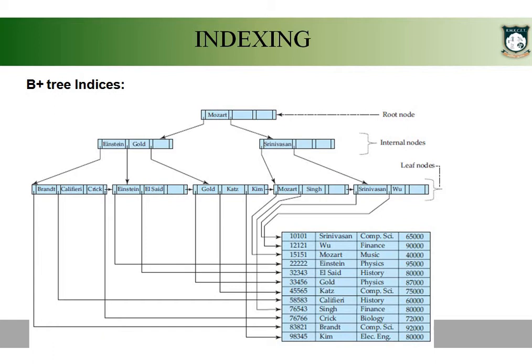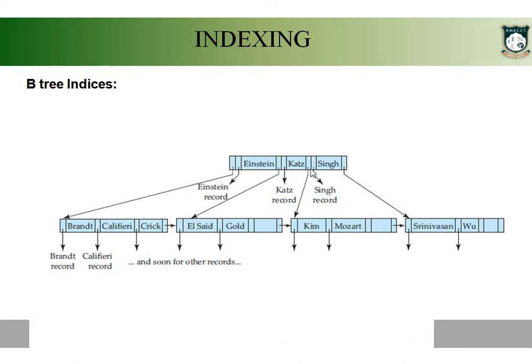The key value is already available in the leaf node. So even though it is already available in the leaf node, in a B plus tree you can find the location only after going to the leaf node. Whereas in a B tree, the node itself points to the location where you have the Mozart record. If you take the Singh record, it will be pointed to right here. You need not go to the leaf node to find the Singh record. So that's a small refinement over the B plus tree, just for improving performance.